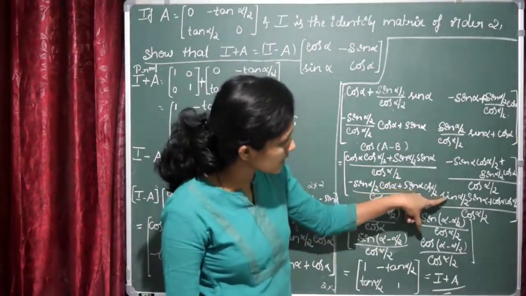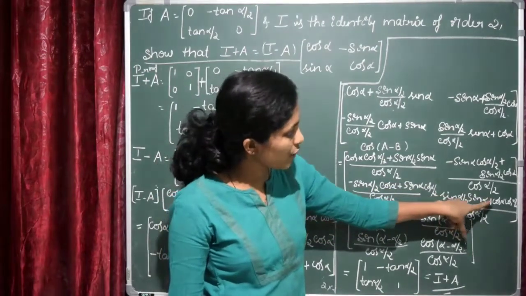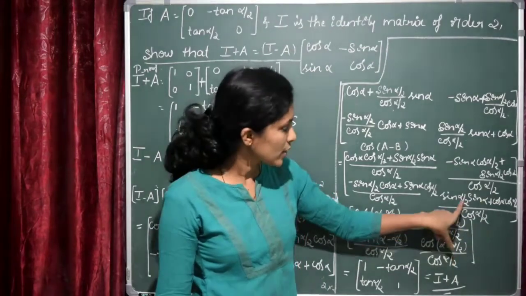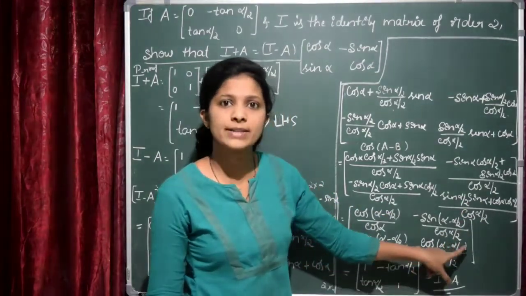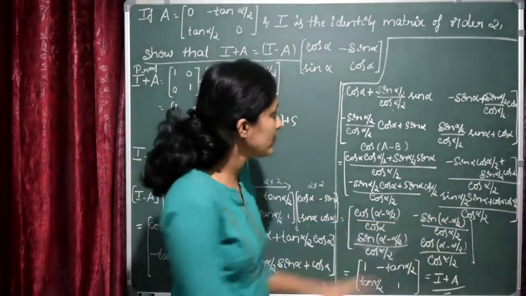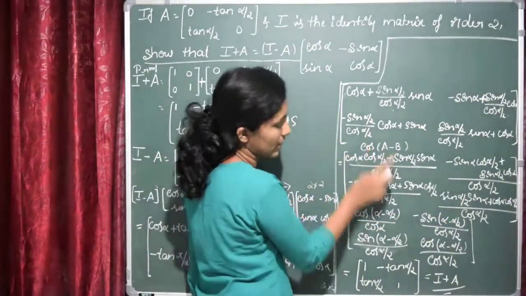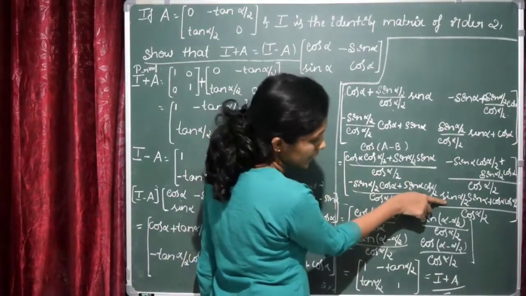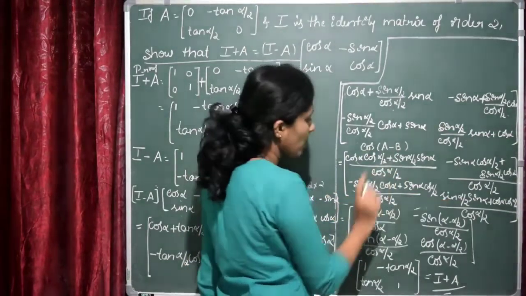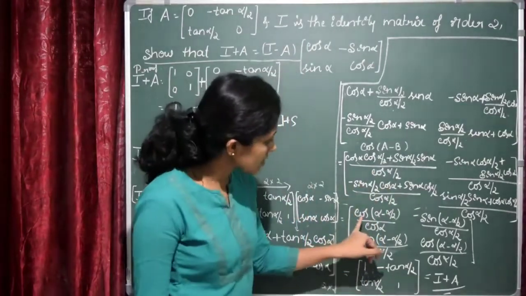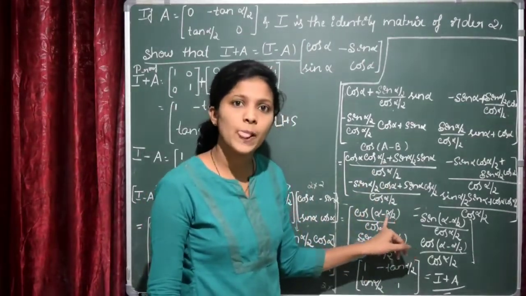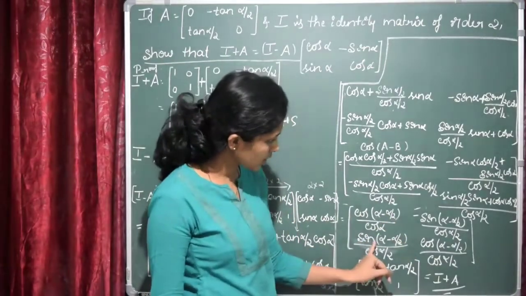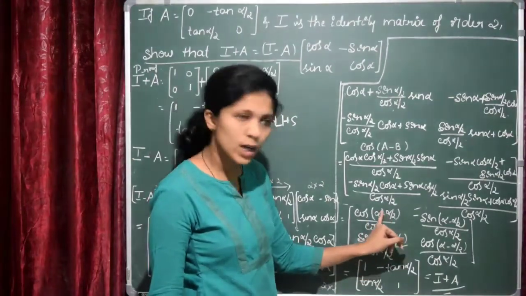And here also you can see this one, sin alpha by 2, sin alpha plus cos alpha into cos alpha by 2, divided by cos alpha by 2. So this is of the form cos of alpha minus alpha by 2. I hope you are understanding this one. Here we use the cos formula, cos of a minus b. Here sin of a minus b. Here sin of a minus b, and here cos of a minus b. And the denominator is as it is. Okay. Next, cos of alpha minus alpha by 2. What is alpha minus alpha by 2? Obviously alpha by 2, right? So cos of alpha minus alpha by 2 will be cos alpha by 2.